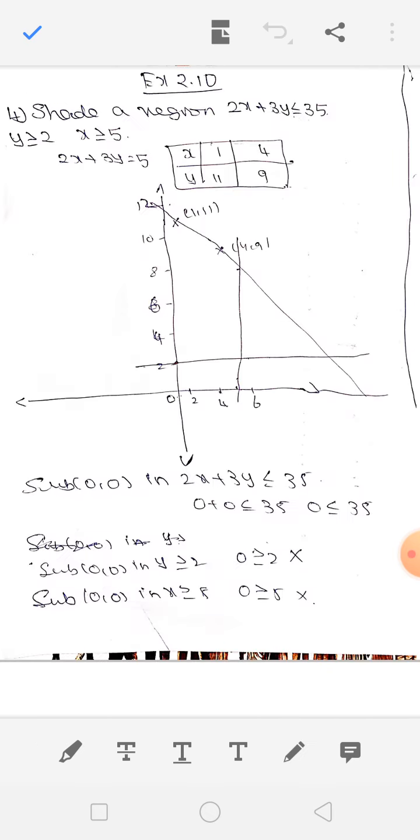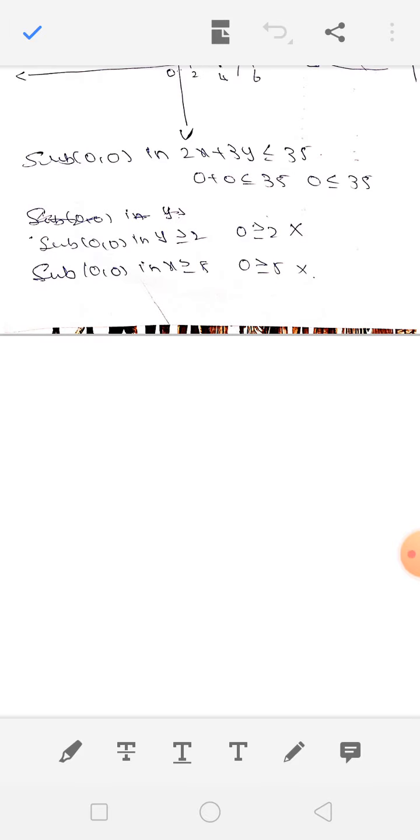But here there are three equations. So if you get more than one equation, and if you want to shade a region now, you have to substitute the same method, but after substituting and after finding the region, you only shade a common place between the two equations. Common place, common region. What is the common term between?